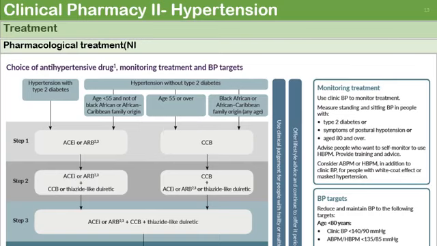The monitoring for this patient should be performed in the office, especially for type 2 diabetes and symptoms of postural hypotension in elderly patients. Target,